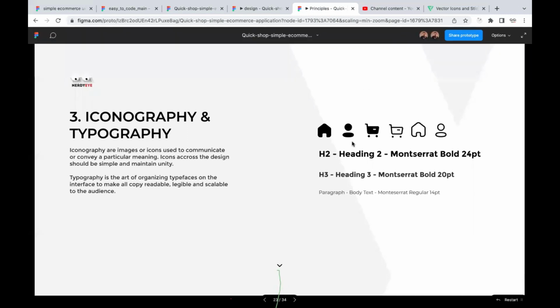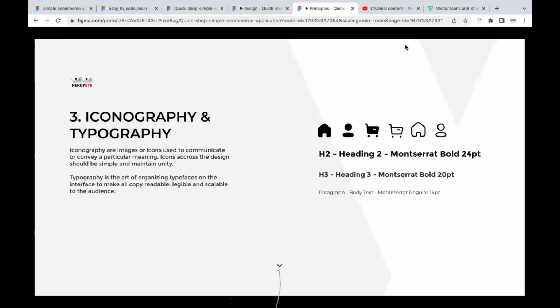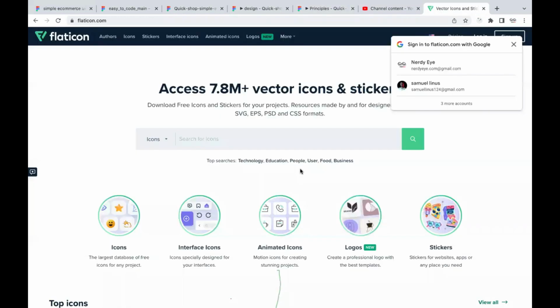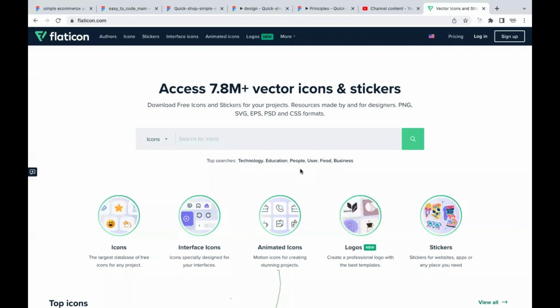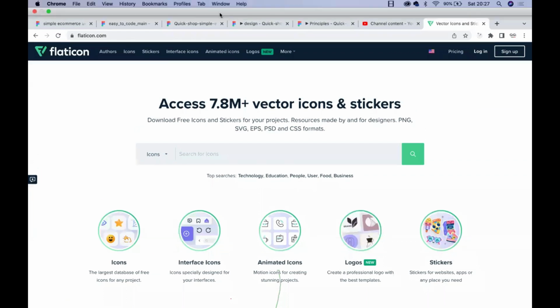If the answer is no, you want to first and foremost select the best icon pack. And one of the popular websites where you see amazing icons and several icon packs,